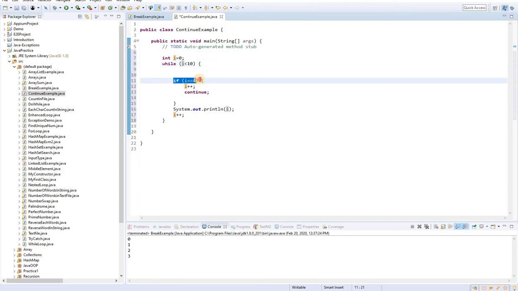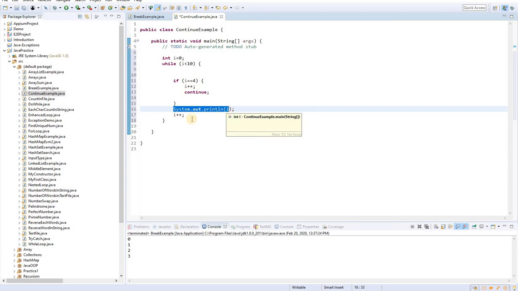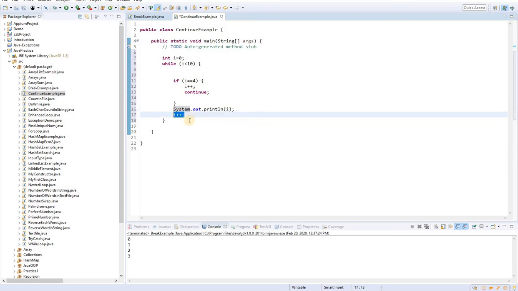So this condition is not true because i is now 1. 1 is not equal to 4. It will come here and print the value of i, so it will print 1, and then increment 1 to 2. In the same way it will go 2, 3, and when i equals 4, it will match the condition and come to here. Then it will increment the value, i is 5,